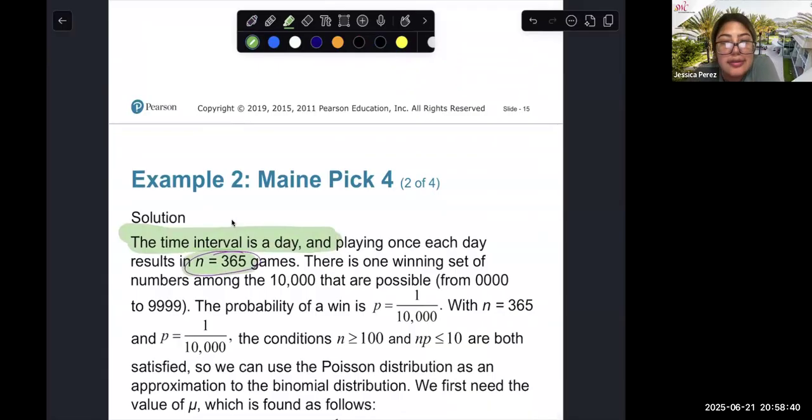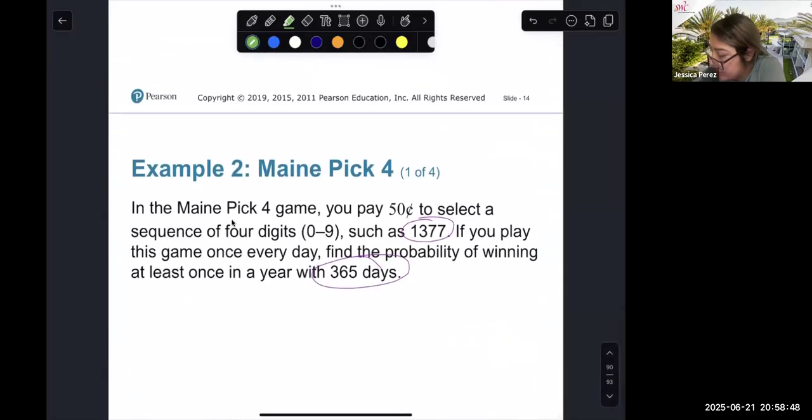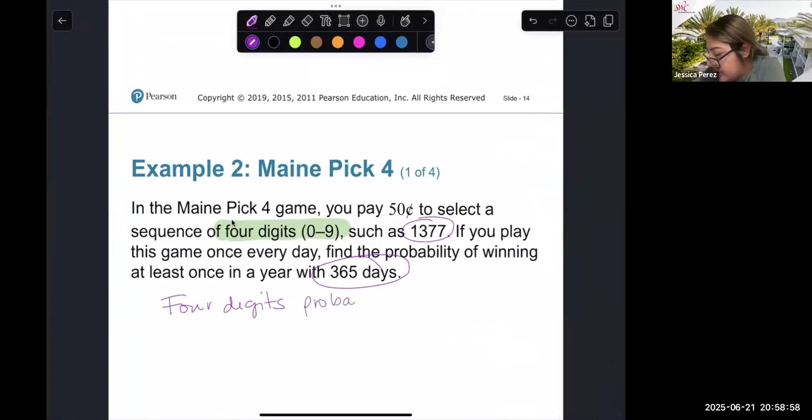We know that n is 365, and from the probability, there is one set of winning. How did I get that? Well, they're saying you're going to pick 4 digits from 0 to 9. Remember when we were looking at 4 digits, what is the probability for that? And we saw that back in chapter 4